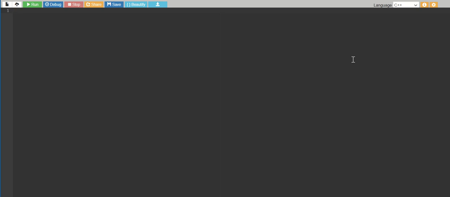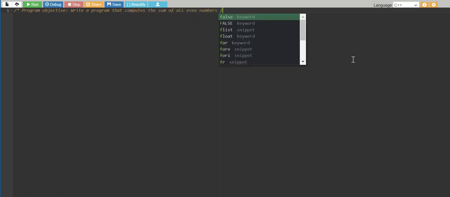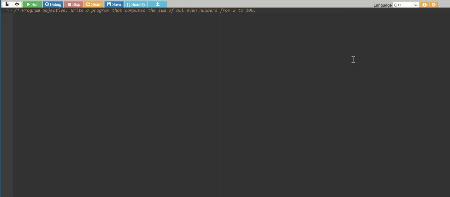I'm going to start with example 1, and our program objective for example 1 is we're going to write a program that computes the sum of all even numbers from 2 to 100. That's it. We're just going to figure out the sum of all even numbers from 2 to 100. In this case, if we think about the inputs, there are none. The user is not supplying anything in this case. Our output is going to be sum, where sum is